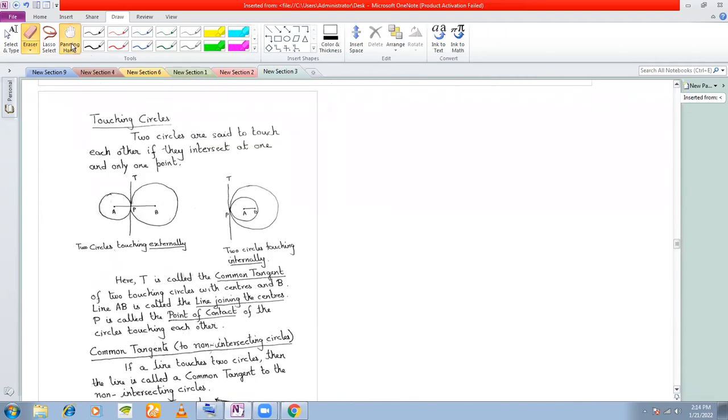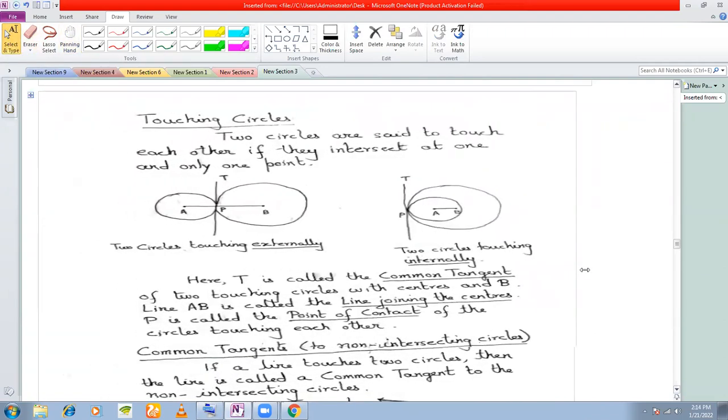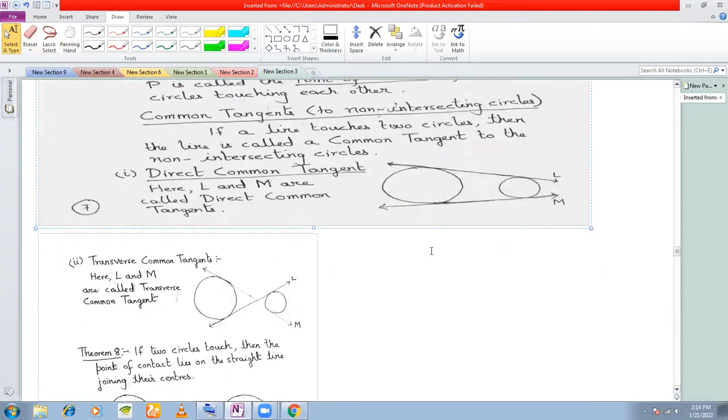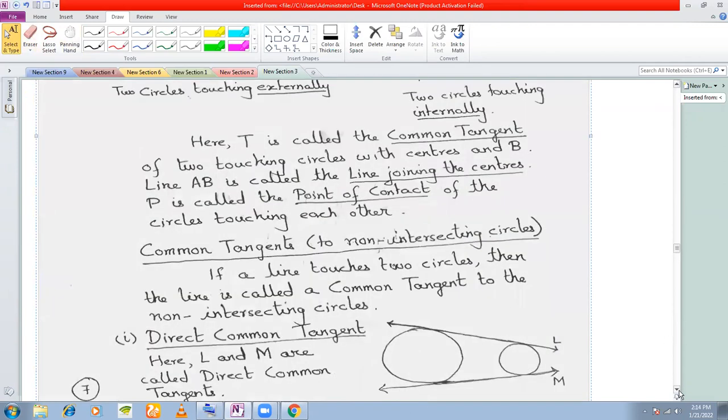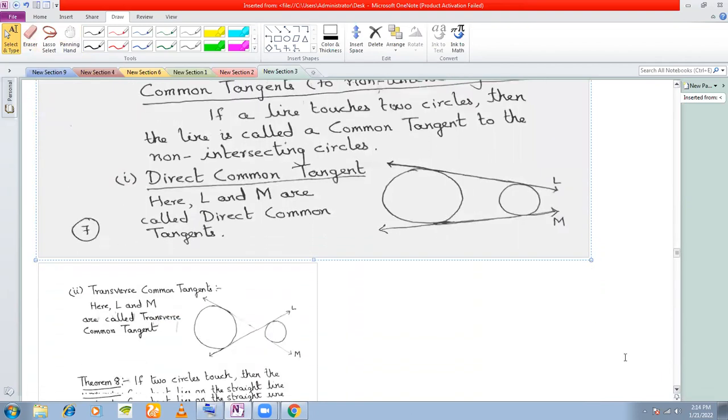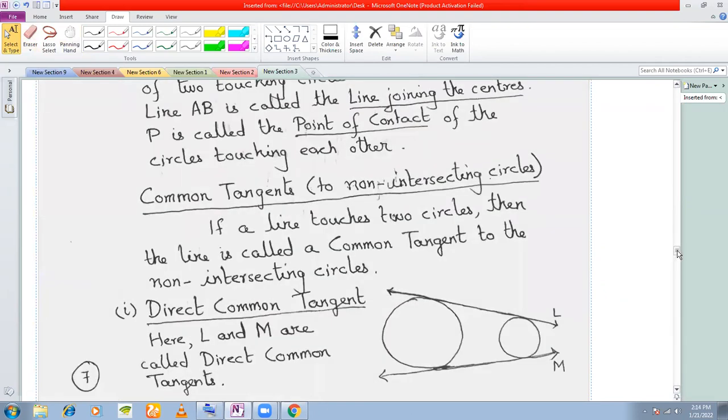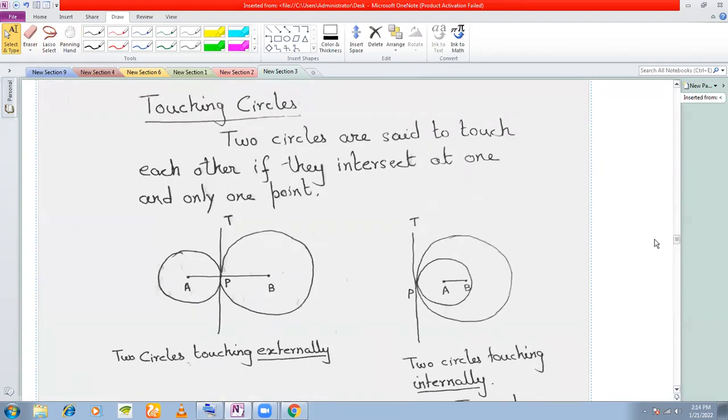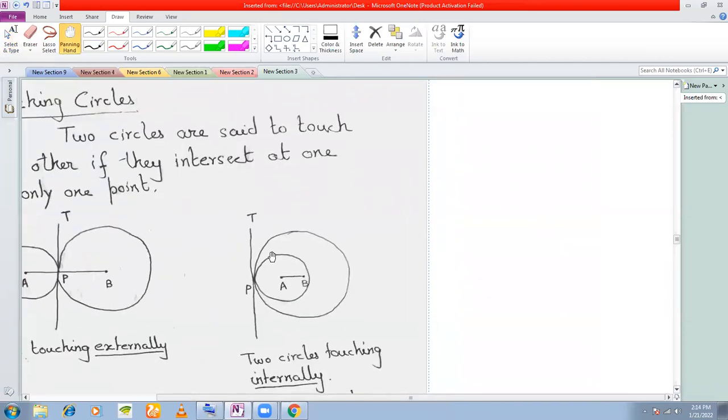Okay, now we start with the next part, which is touching circles. What do you mean by the two circles touching each other? What does it mean? Okay, now two circles can intersect each other, right? When can two circles touch each other? If you remember, the word touch, as I told you, means only one point of intersection. If a tangent touches a circle, it means it intersects the circle at only one point,